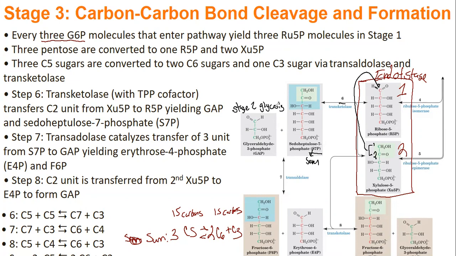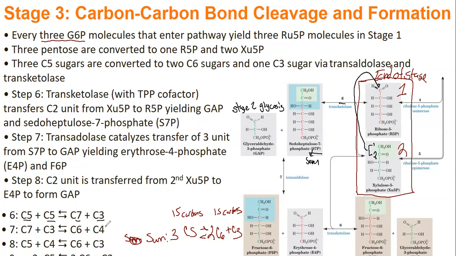This idea of seeing multiple sugars or the same sugars in multiple pathways is going to be something that occurs again. Because remember, although we're looking at these pathways all individually, everything's connected in the cell. All these things are happening at the same time. So it's all very interconnected. So our step 6, and I have it here, we're taking a C5 plus a C5, and we're making a 7-carbon compound and a 3-carbon compound,